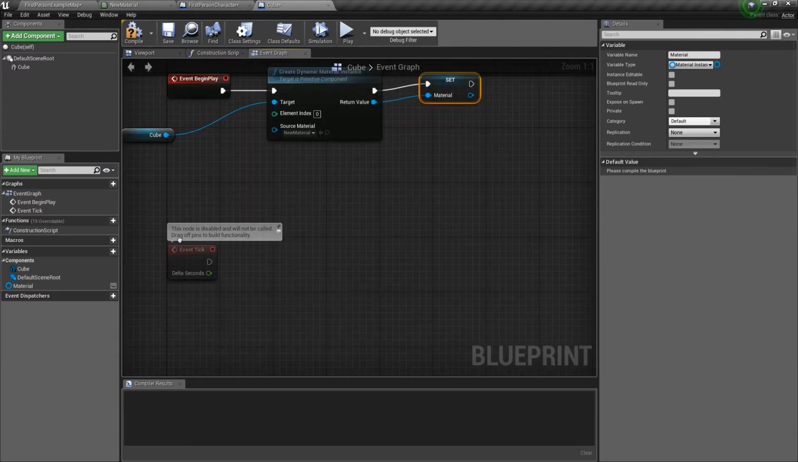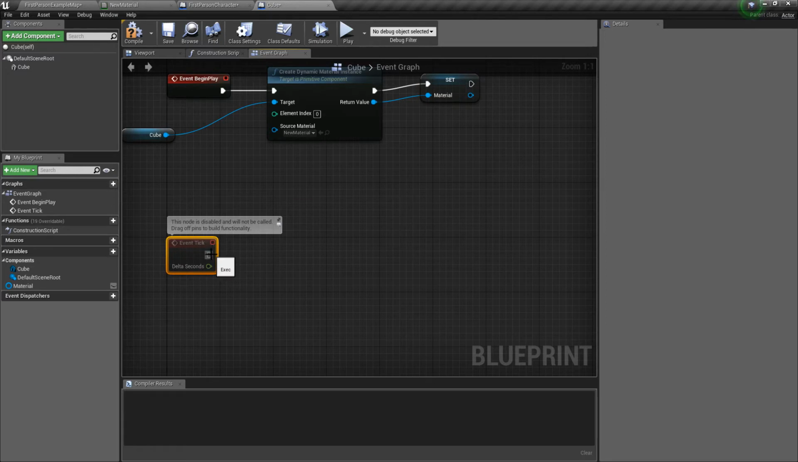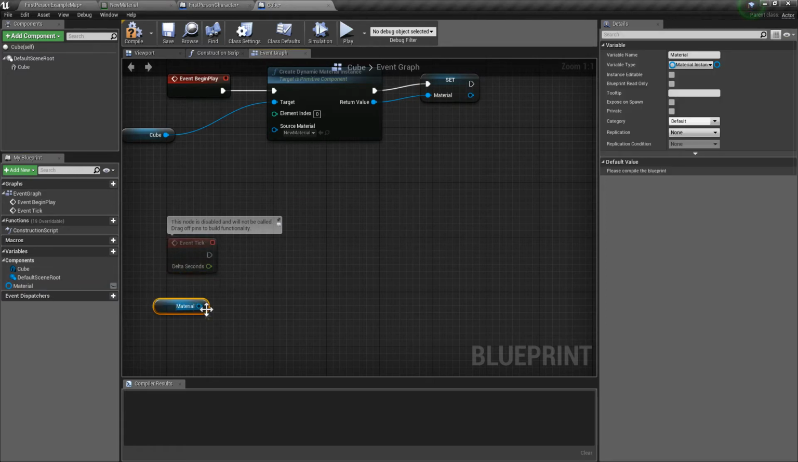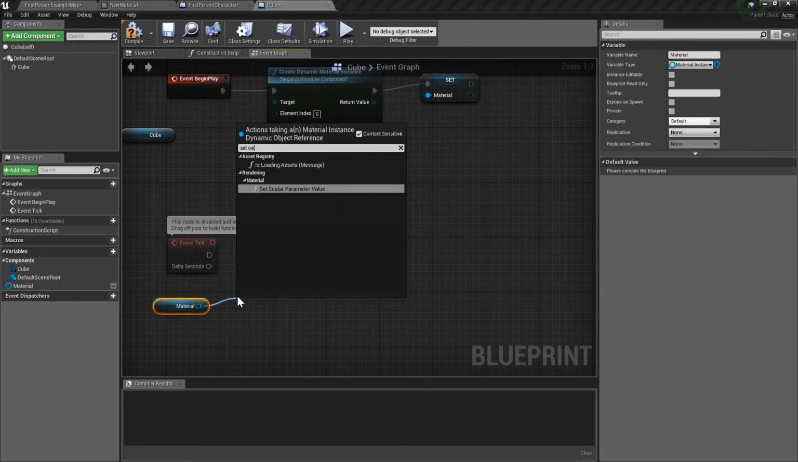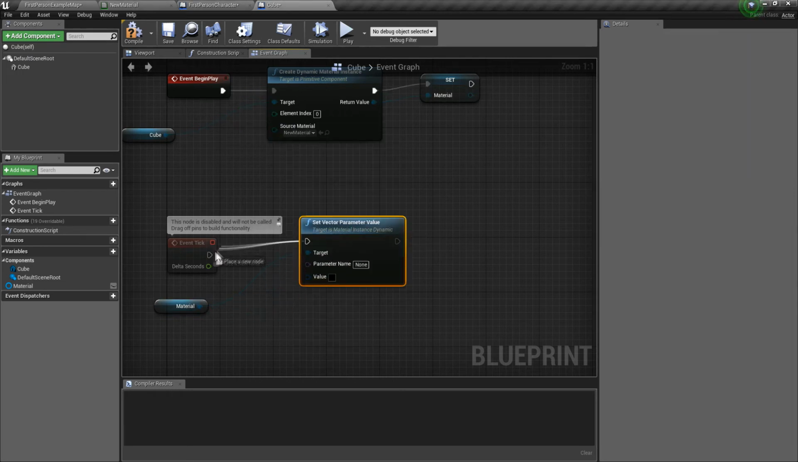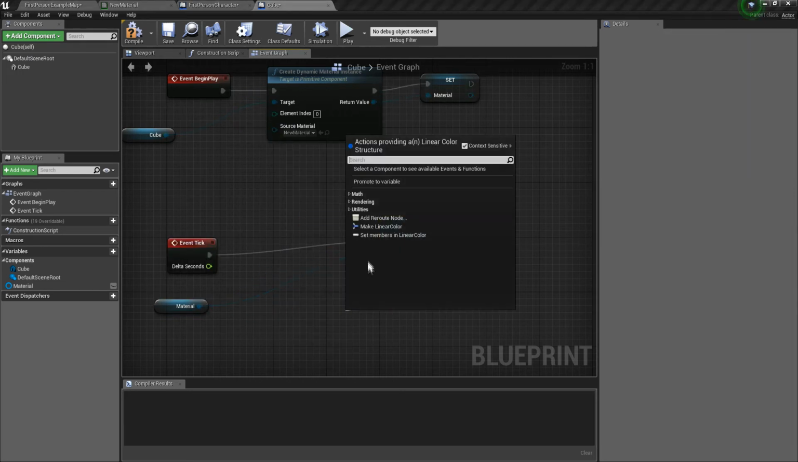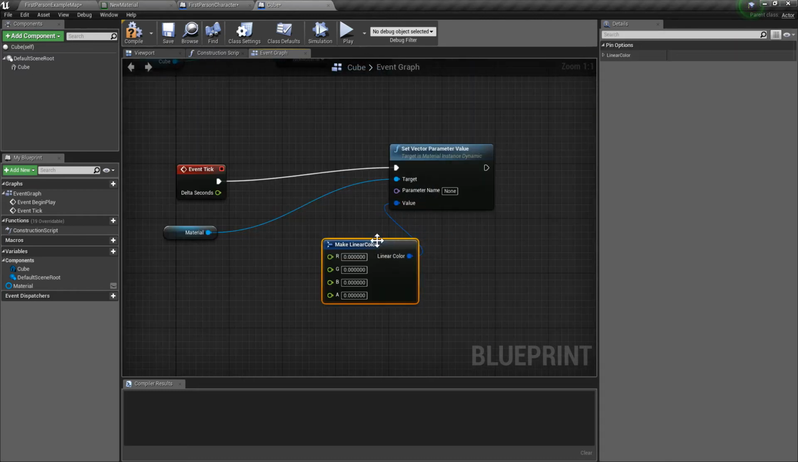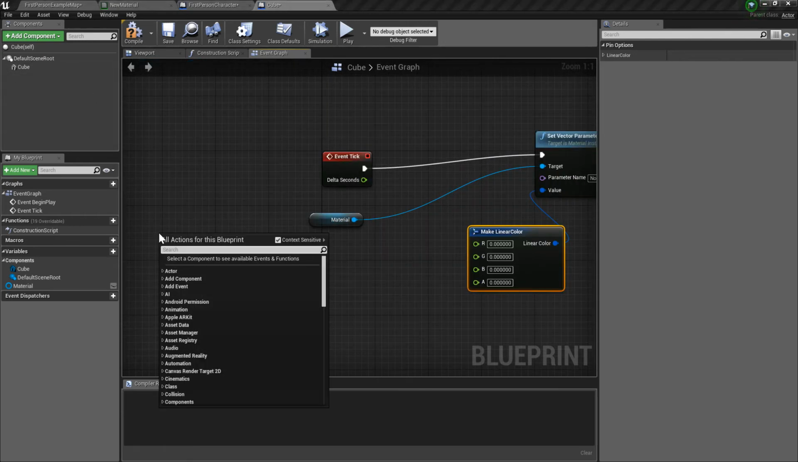All right, so now under event tick, we want to get material, and then set parameter. Set, if I could type, that'd be awesome. All right, set parameter. And make linear color. All right, so just like we did pulling information out, we need to put information in. So what we're going to do is get,